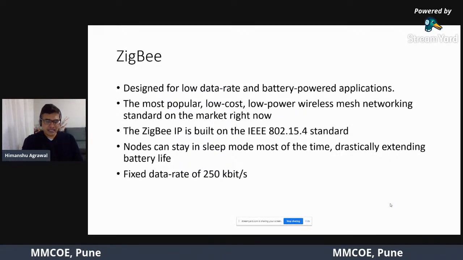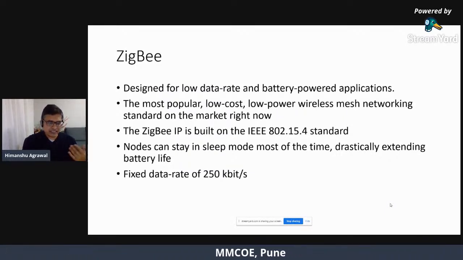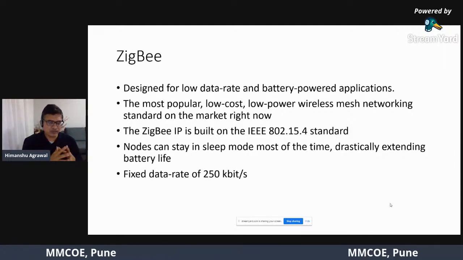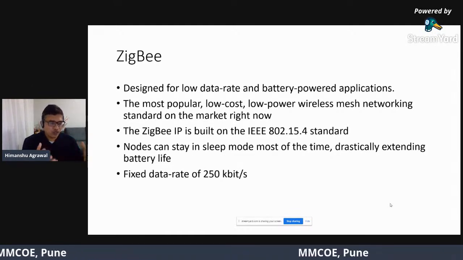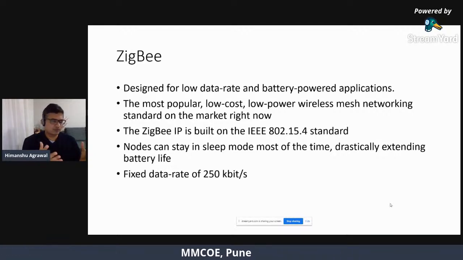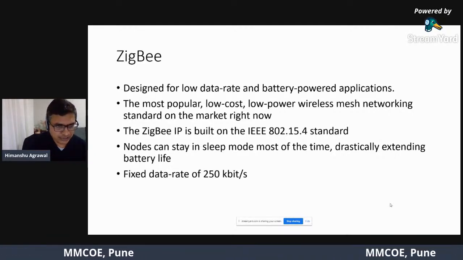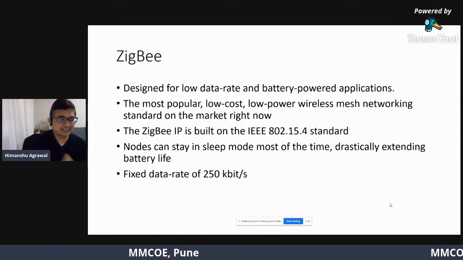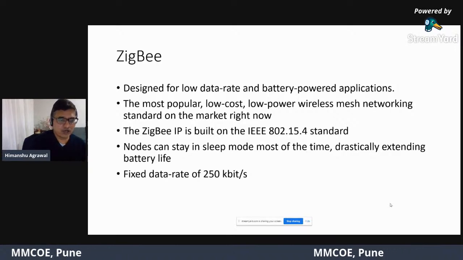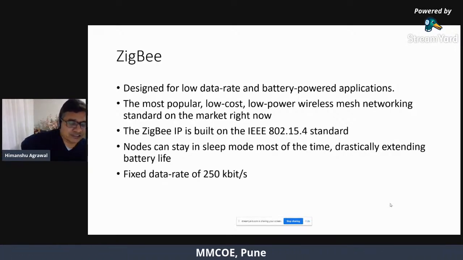So the last protocol which I think I need to cover when we are talking about IoT short range or long range protocols is Zigbee. Zigbee is one of the most widely used protocols in wireless sensor networks, right? Possibly almost all of us must have used or discussed it while talking about wireless communication protocols.